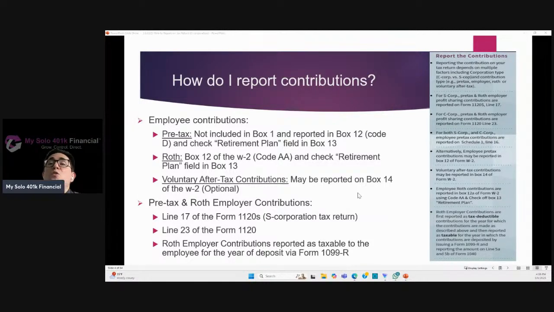So for example, let's assume the individual is under 50 years of age. Let's assume that they have $100,000 of W-2 wages. Let's assume that they don't make contributions to another plan like a day job plan. And for 2025, they can contribute up to 100% of their wages up to $23,500. So let's assume that that individual chooses to make that $23,500 employee contribution,